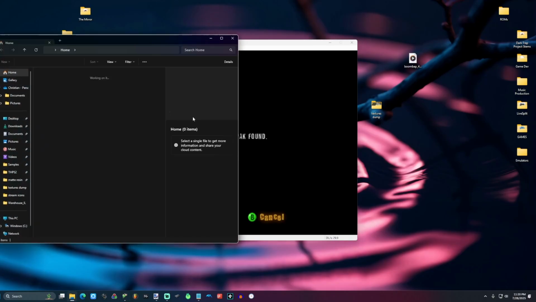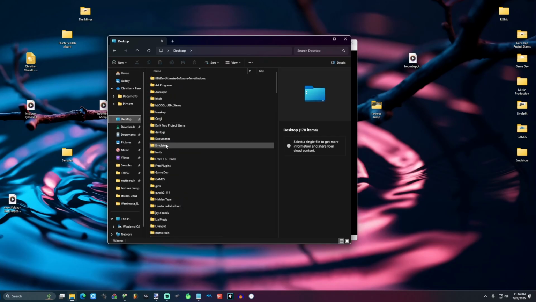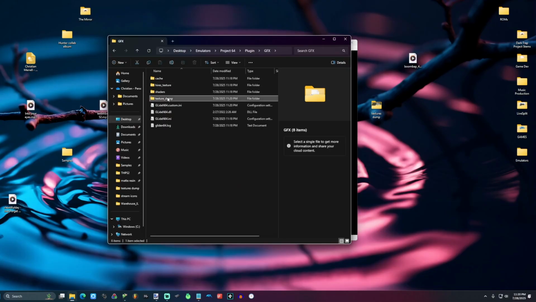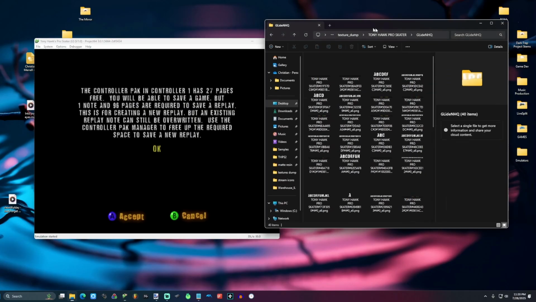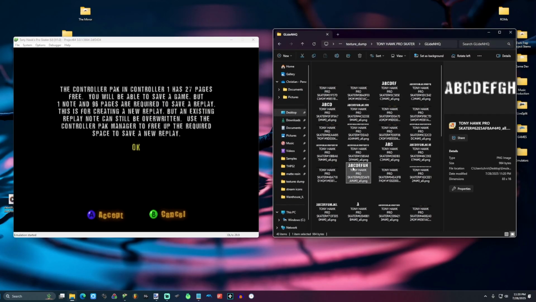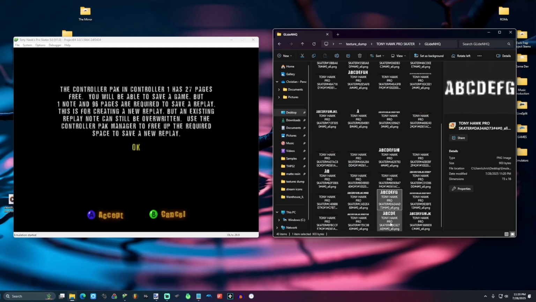So I'm going to show you how the textures get dumped. Let's see, gotta find my emulator folder, Project 64, plugin, GFX, texture dump. So you can see that there's just text on screen, and you can see all of the text textures are getting dumped here.